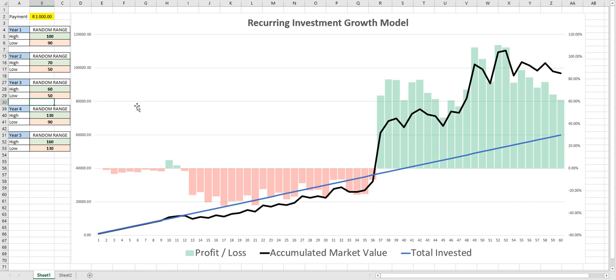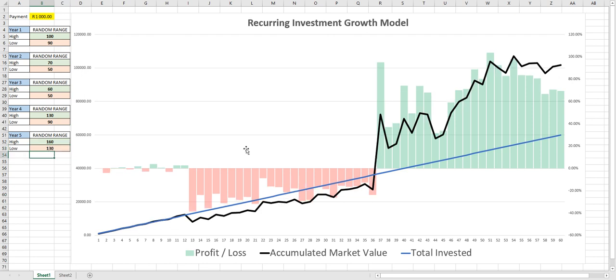So this is random. I mean, if I just hit 130 there again, it could change it, and it does. So it all depends on what's happening in the market and the volatility of the assets that you are invested in. But really what this does show you is that even on a random framework of a random range of ranges that are quite large,